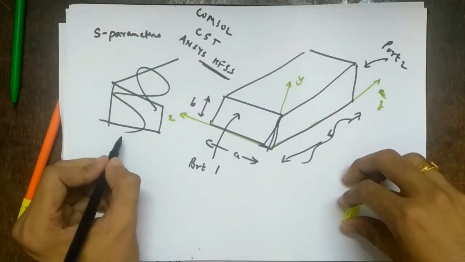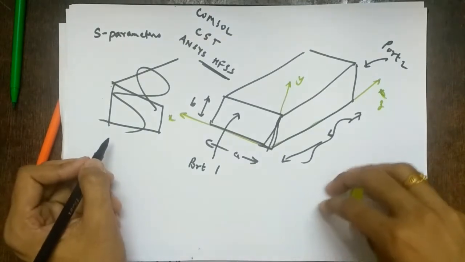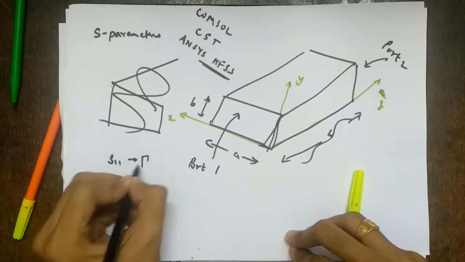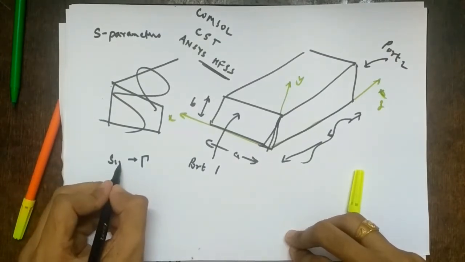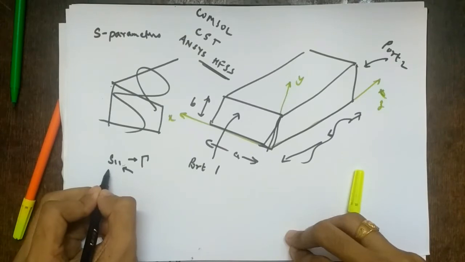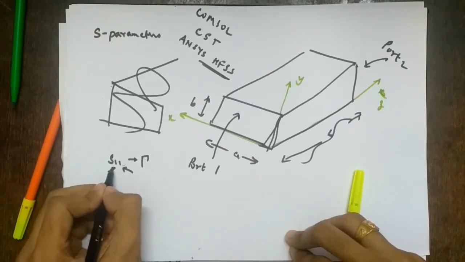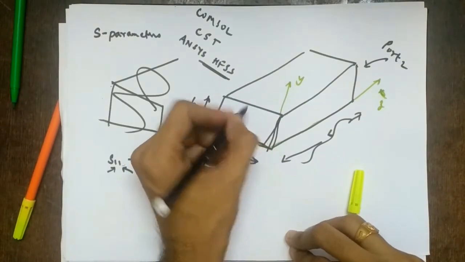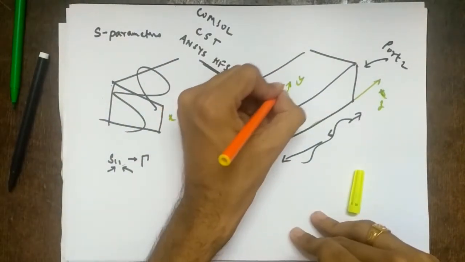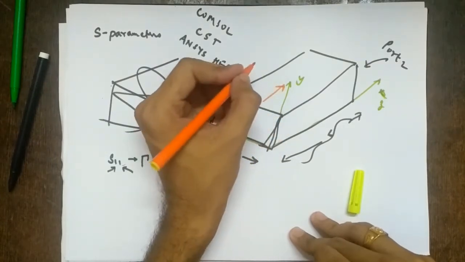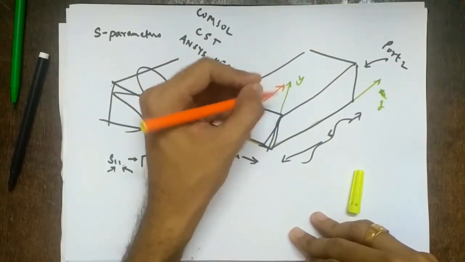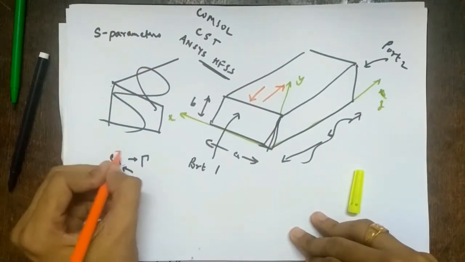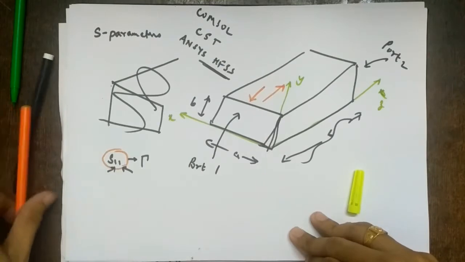That is the reason we have S11, S21, S22, etc. If I am seeing S11, what does it mean? It is nothing but gamma. It means when the input is from port 1, how much is coming back to port 1? If I am giving power from port 1, ideally it should travel towards the right. But this is a form of transmission line only, so some part of the power may get reflected. How much of the power is reflected is given by S11, right?